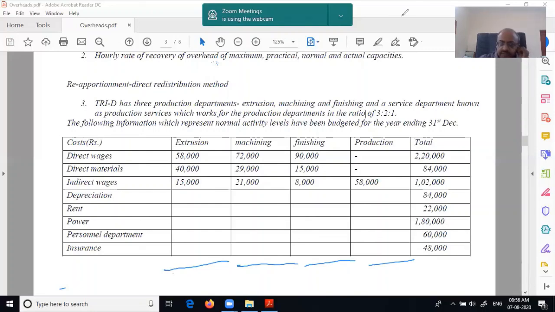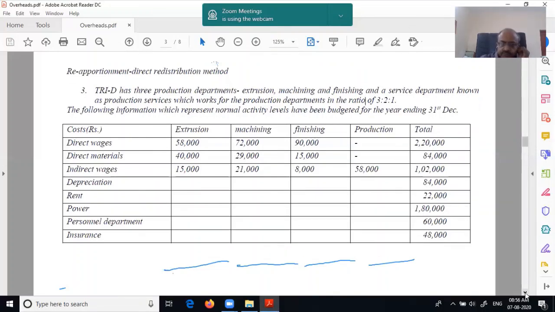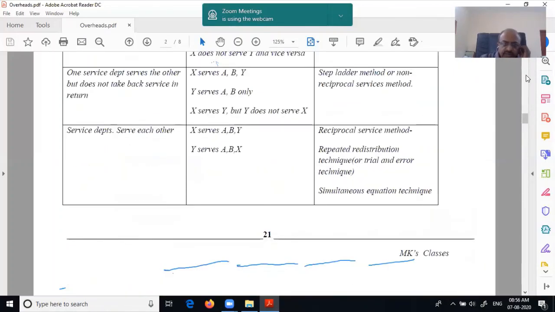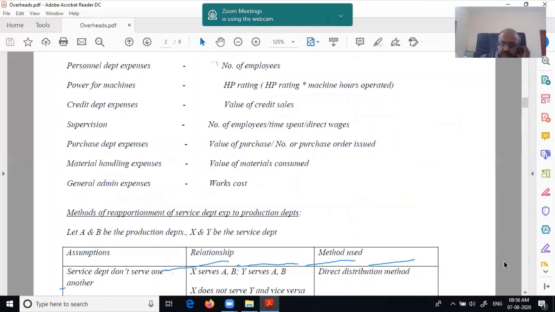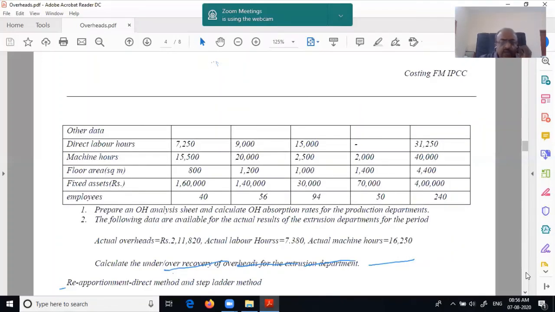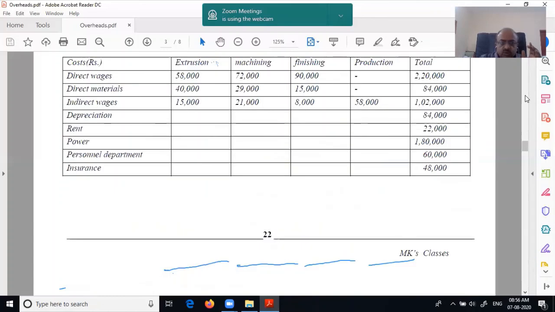Let me see if there is anything else in the problem. Some other data is given, based on which, suppose allocation doesn't work, you have to go for apportionment. In that case, you have to use this data to divide it. Just now we saw in the theory, right, how to divide. So these are some data that based on which we did. Now here they have given some information. Based on the information, you have to divide some. You have to do the allocation based on these data and find out the total cost for each department. Don't do anything else. That means you have to find out the total cost here. That's it, individually, for all the cost given here.